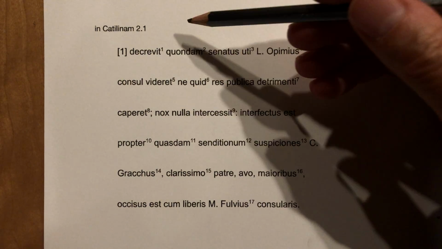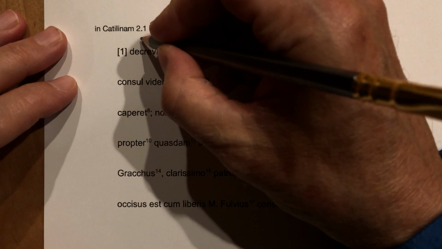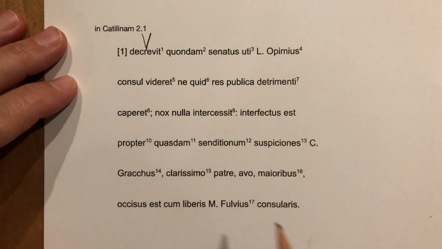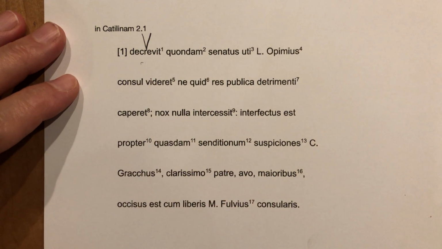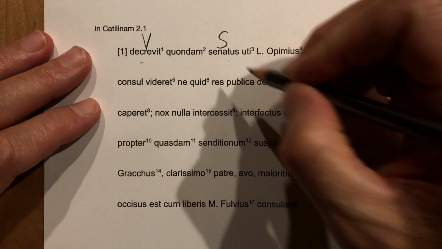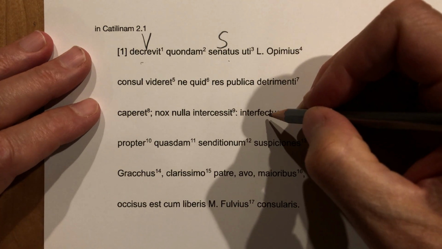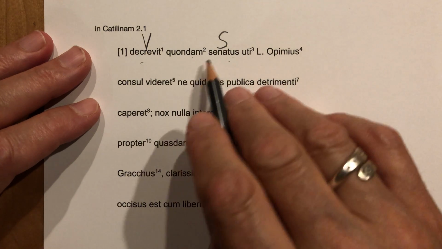In Catilinam 2.1. Real tough sentence here. Here's our main verb, decrevit. It decreed. Okay, let's find a subject. Senatus, S, big S there. Decrevit quondam senatus. The Senate,